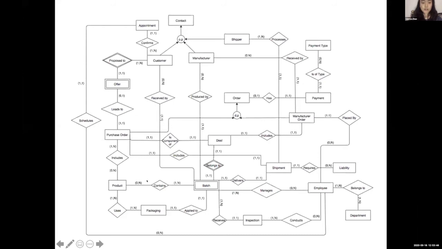We're also going to deal with packaging on those products. And lastly, for internal operations, we're also keeping track of all the employees. The reason why is because they are a very key point in the supply chain because they manage the batch and they also inspect all the batches as well. So that's why we want to have employees in our ER diagram.